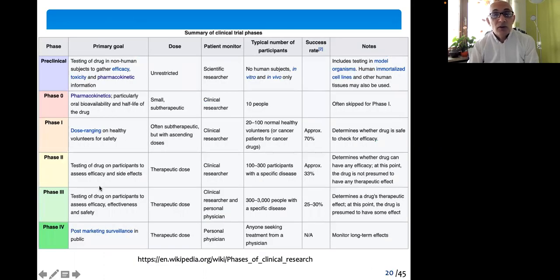I will not go into the detail of these clinical phase studies, but there is a nice Wikipedia site for this. So please refer to this and read from there: what are the goals, the number of patients, etc., regarding the phase studies. The phases are done on humans because they are clinical studies. Before the phases, you have the preclinical studies. That means before the phases start, you must do, of course, non-human